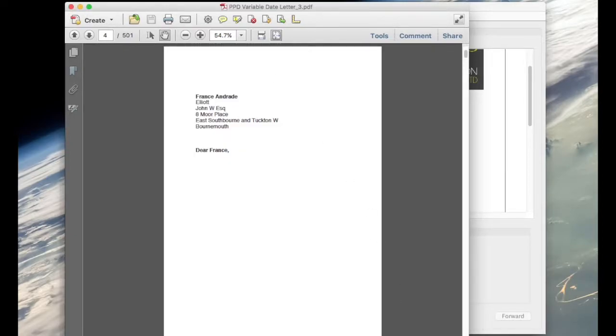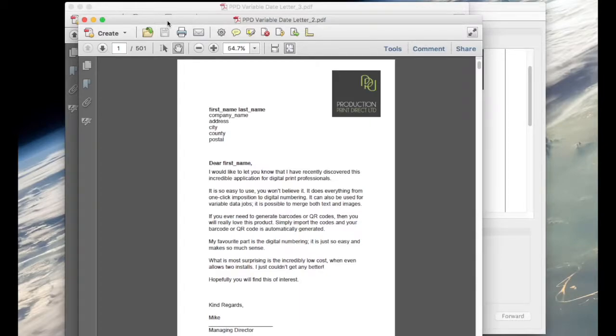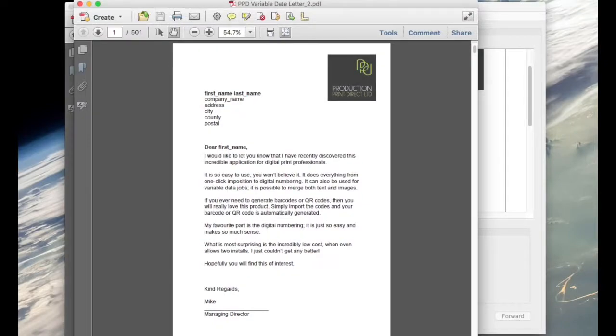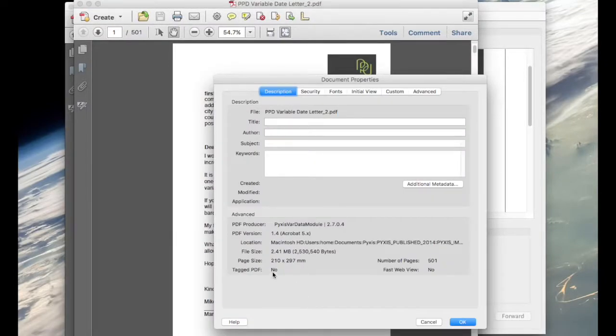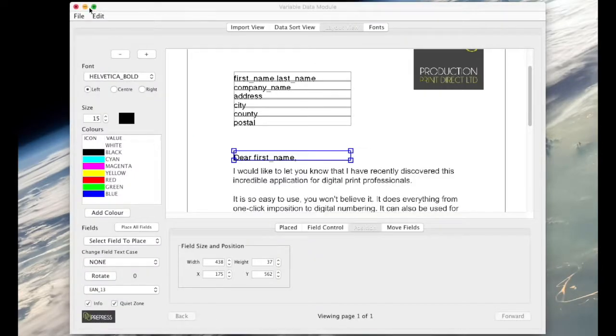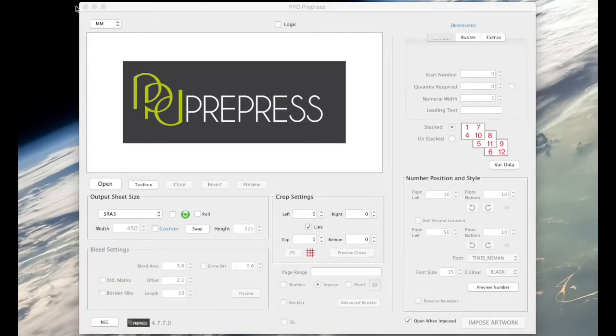As a point of information, I will compare the file size with the original file that contained the letter, where both the addresses and letter were merged together. Here we can see the file size is 2.4 megabytes, approximately 1 megabyte larger. While this may appear insignificant here, where a lot of records are being merged or where the original artwork contains a lot of graphics or vectors, this will be an